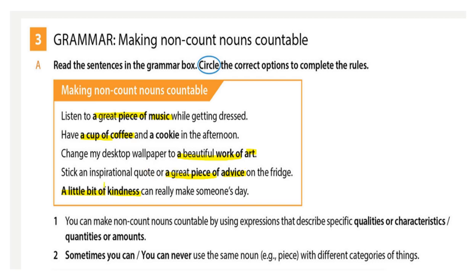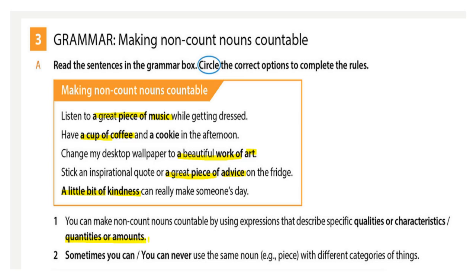A little bit of: you put it in front of kindness, so kindness becomes countable. But you cannot say a cup of art. You have to choose the suitable expressions to use with each uncountable noun. And number 1 here says you can make non-count nouns countable by using expressions that describe specific quantities